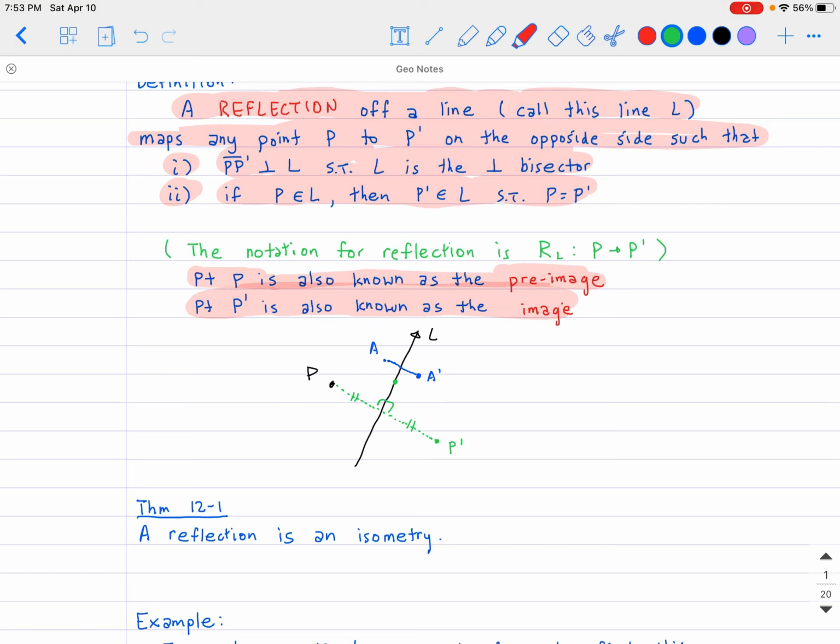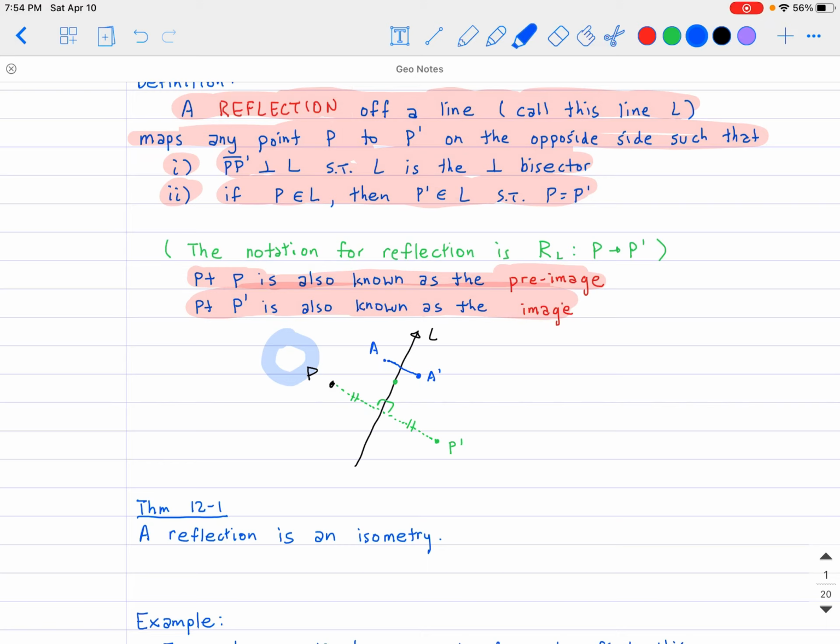And what that means is if you have a set of points that you are going to reflect off this line L, then the result is that the length of it, the size of it, everything like that is going to be preserved. So for example, let's say that I have a circle over here on the left hand side. That's going to be my set of points. And if I take that circle and reflect it